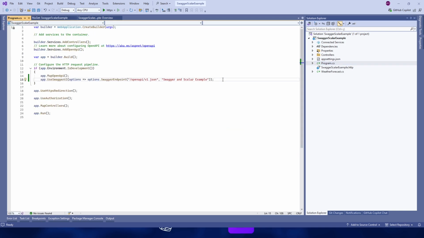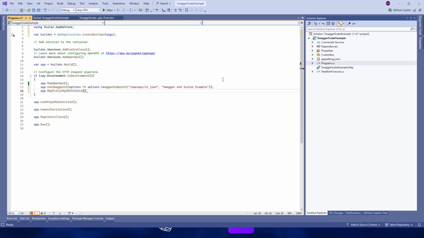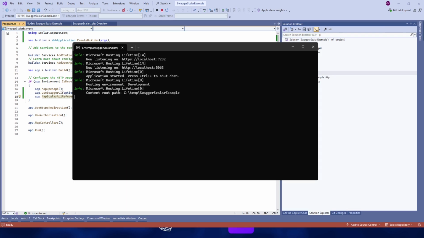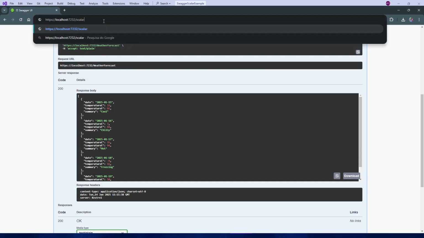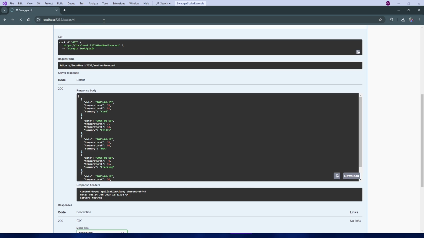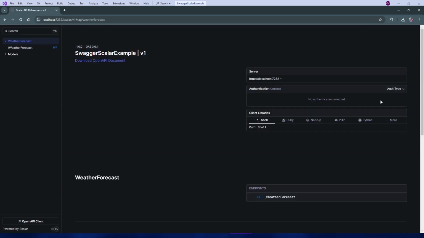Below the Swagger configuration, let's add a new line of code, app.MapScalarApiReference, and let's run our project again. Okay, our project is running successfully. Let's try to access Scalar. For that, access /scalar/v1.